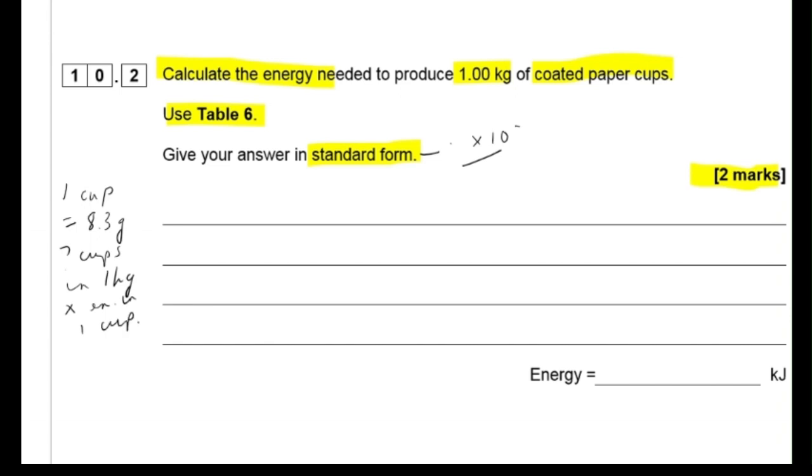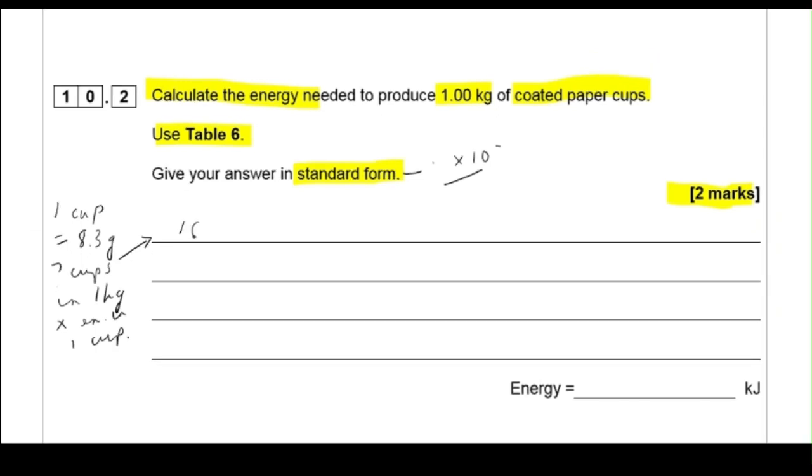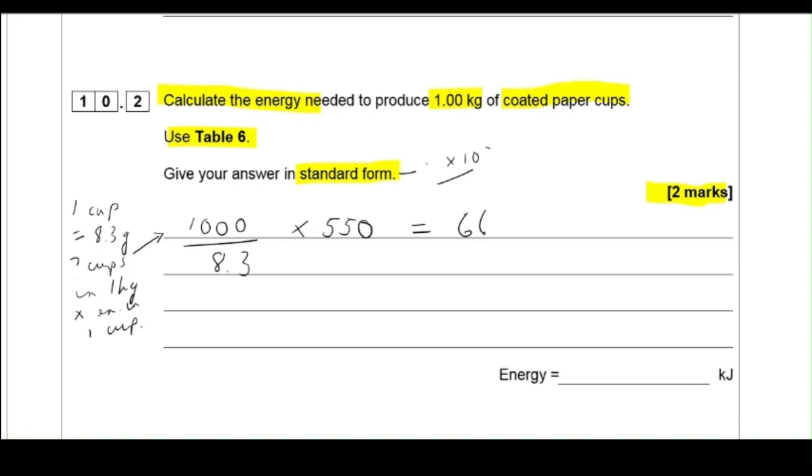That will tell us how many cups in a kilogram. And we multiply that by the energy for 1 cup. So here's the sum: 1,000 divided by 8.3 times 550. So we crunch that on our calculator, and that comes out at